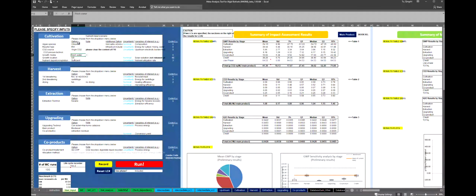Then, depending on the species you choose, you may have the option of choosing the media where it's going to grow. And the location, of course, matters. It's going to impact the growth of the algae. After that, there's the harvesting. You can have, for example, different dewatering steps, and you can also choose whether you're going to dry or not. Whether you dry or not is going to affect the options of lipid